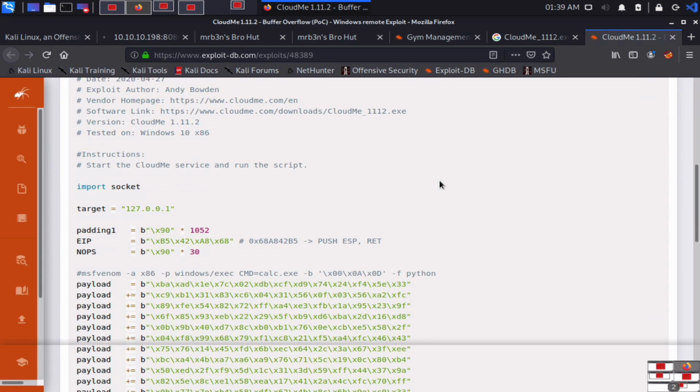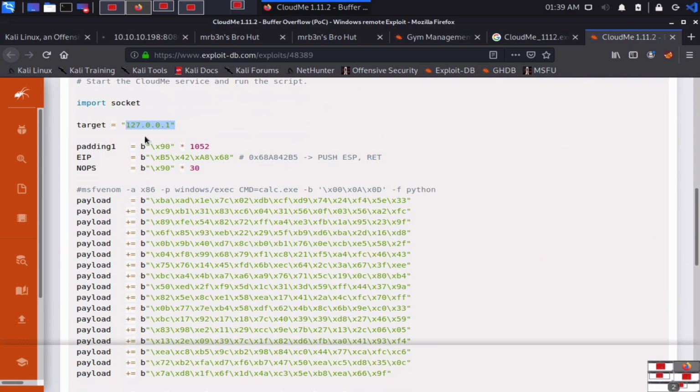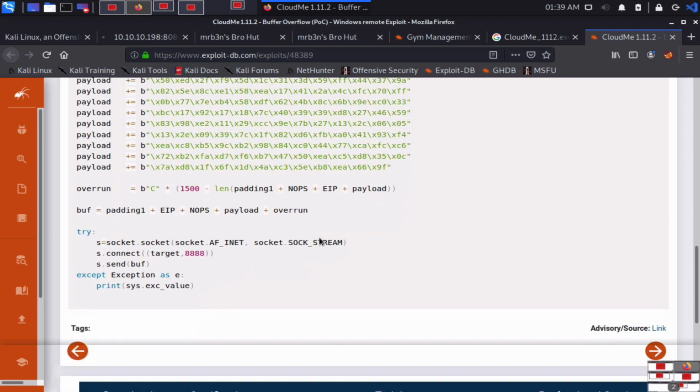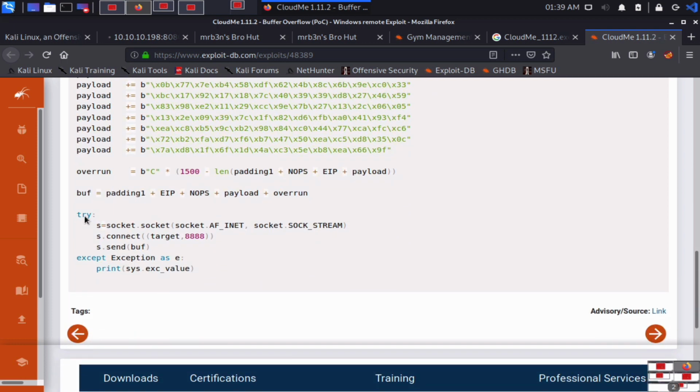So here is the exploit and this is the socket target. When you try to read this payload, you can see the target required is 127.0.0.1, and here is the payload generation command. You can see this clearly. You can use this command in order to get the connection back. And if you go downside here, it is trying to connect to port 8888. So we have to check this port on the remote machine, the client machine where we are doing some stuff. We have to check for these ports, but unfortunately we didn't find anything right now.